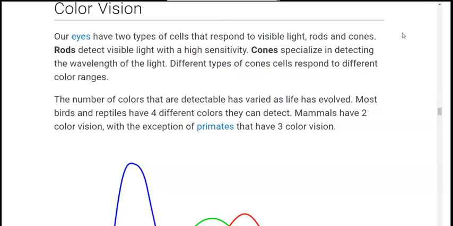So now, rod cells detect visible light with a high sensitivity. So rod cells are responsible for sensitivity to light. If one has fewer rod cells in their retina or in their eyes, they will be